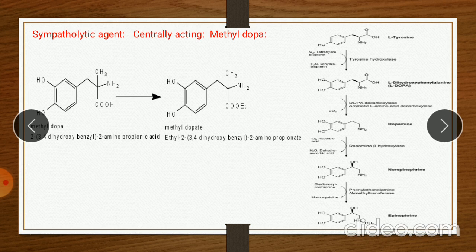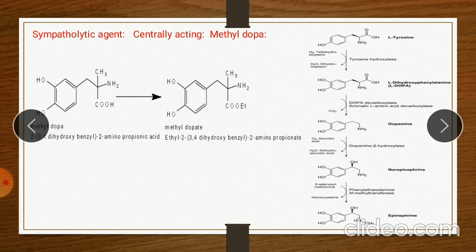So methyldopa ultimately decreases the concentration of dopamine and noradrenaline in the CNS and parasympathetic system. In other words, methyldopa is a competitive inhibitor of the enzyme AADC. However, its mechanism of action is not caused by its inhibition of AADC, but rather by its metabolism in the CNS to its active metabolite, alpha-methylnoradrenaline.